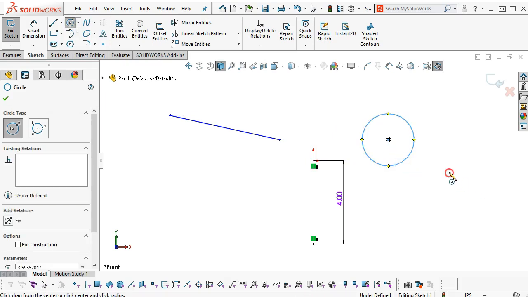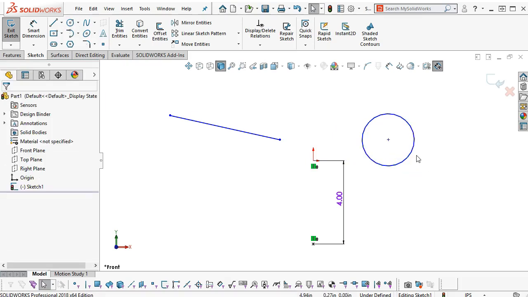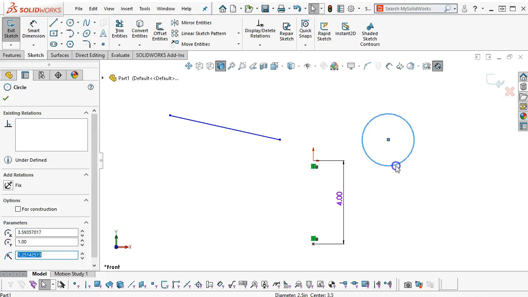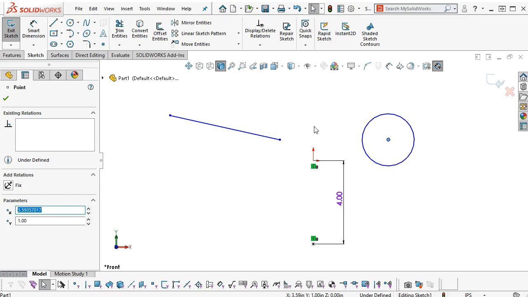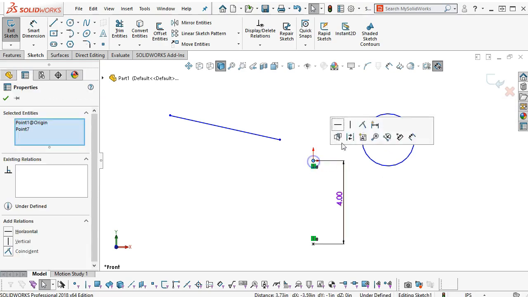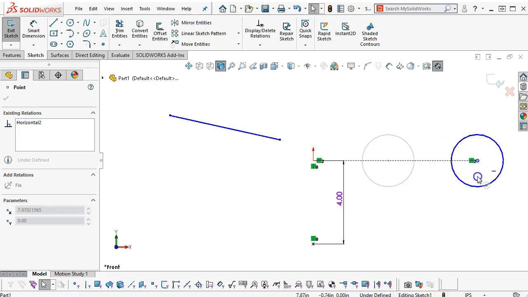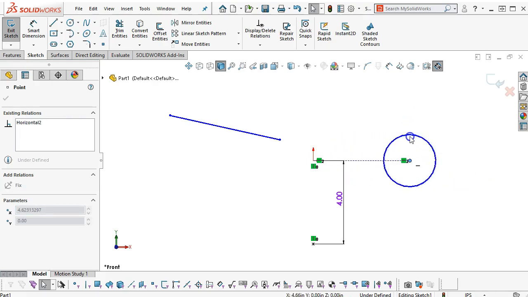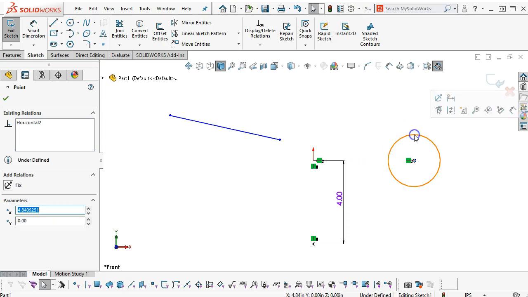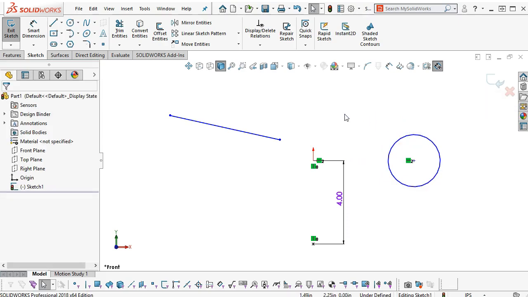And the circle object has 2 elements, the center point and the circumference. All right, so the center point is acting the same as the end point of my line. So if I make that horizontal, now it can only move left to right, but cannot move up and down. So it has those same types of conditions in picking the geometry. So as a general rule for circles, we want to select an origin,